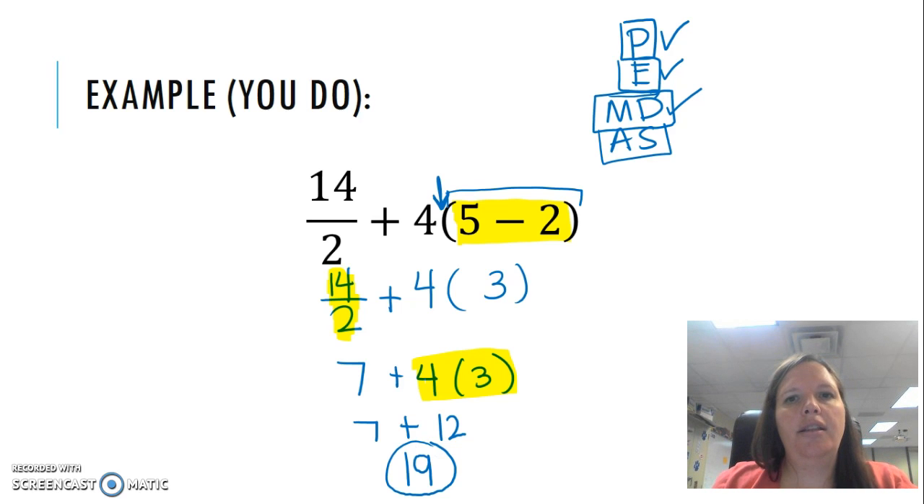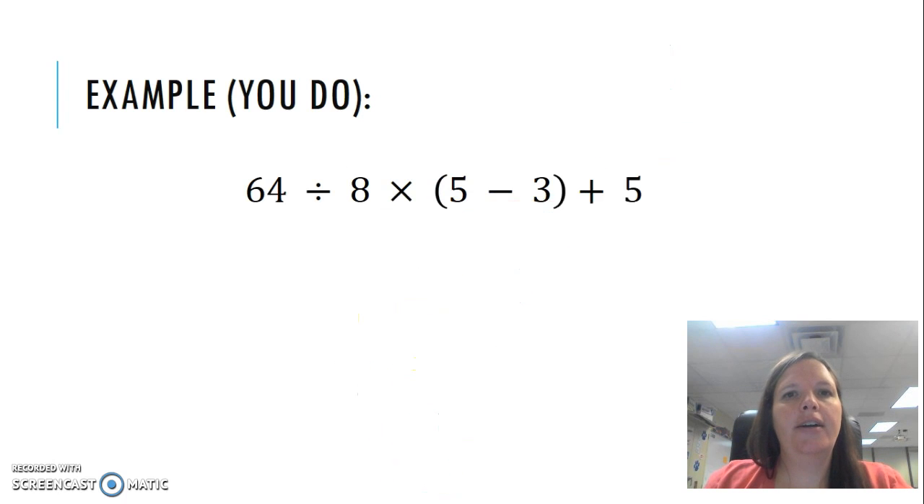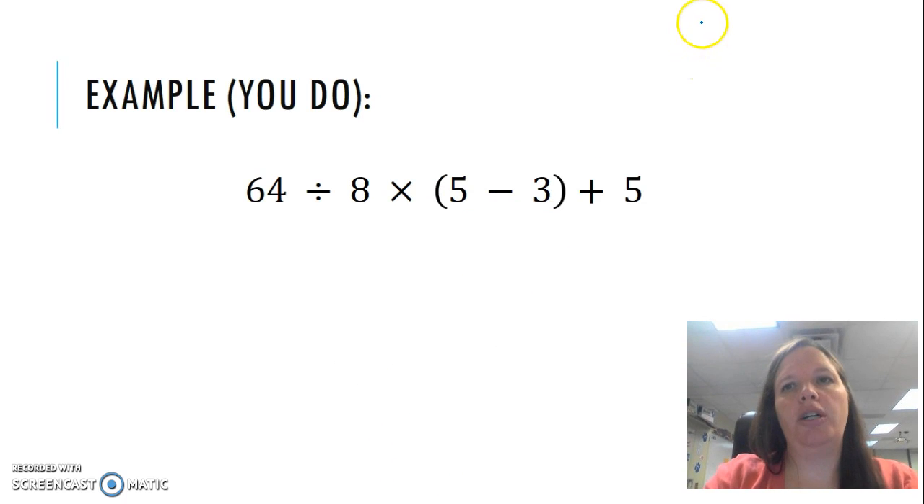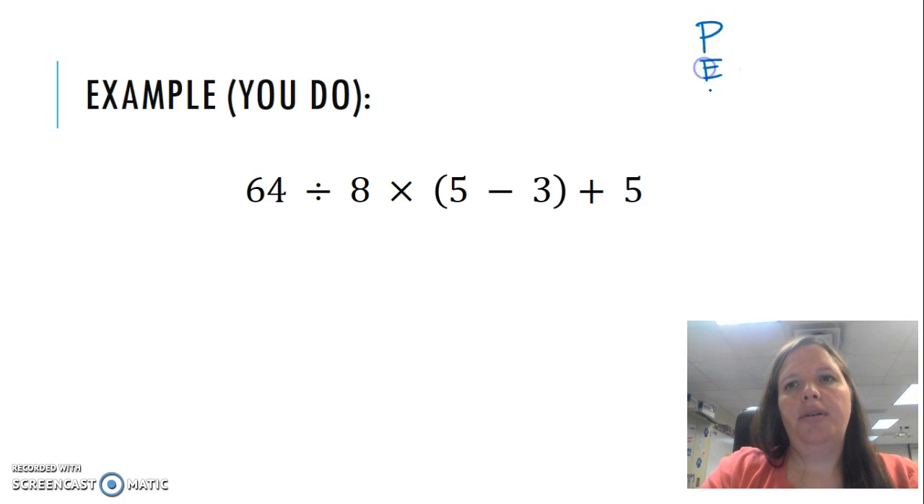So highlighting the steps I do, notice I'm doing one step at a time, and I'm rewriting the parts of the problem that I haven't done yet, so that I can keep track of what's been done and what has not. Showing your work is going to be important. All right, here's another you do. So pause it and try it on your own. Looking at PEMDAS,